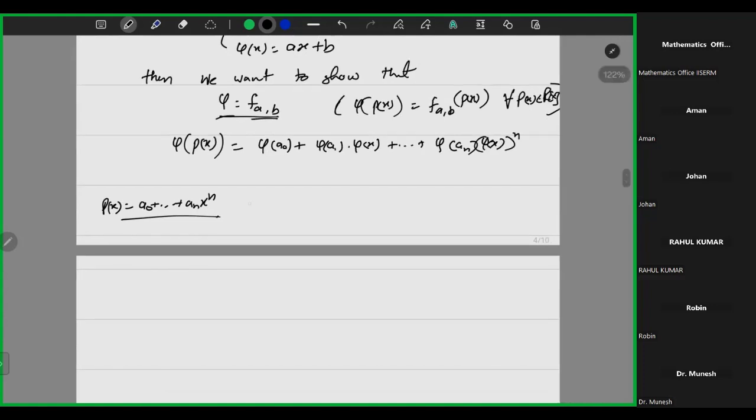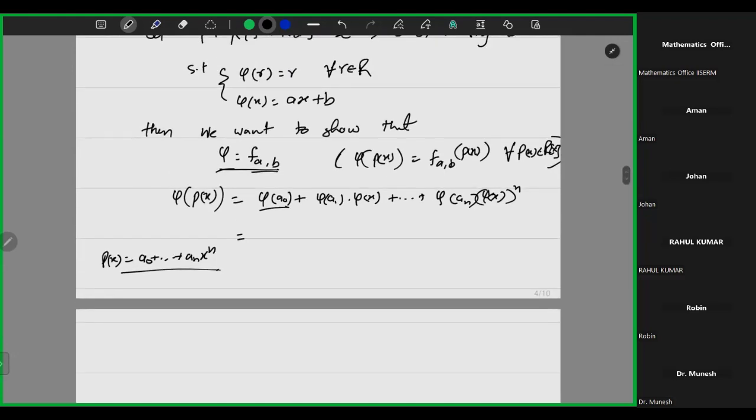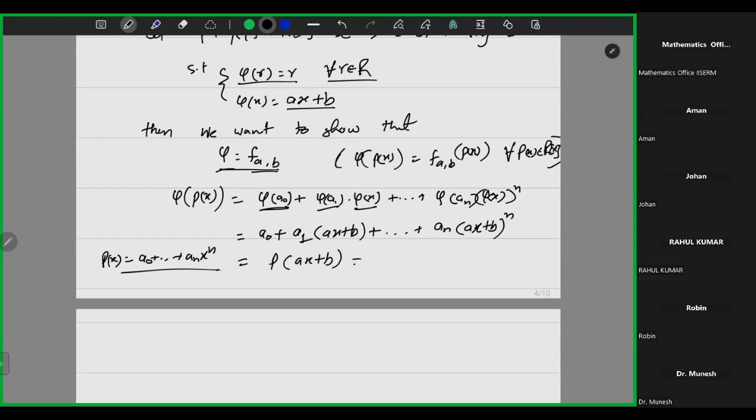But if you use the property phi of r is equal to r for every r inside R, this constant becomes the same constant a_0, this becomes a_1, but phi of x becomes ax plus b, and so on. This becomes a_n, times (ax plus b) to the power n, and this is nothing but p of ax plus b,